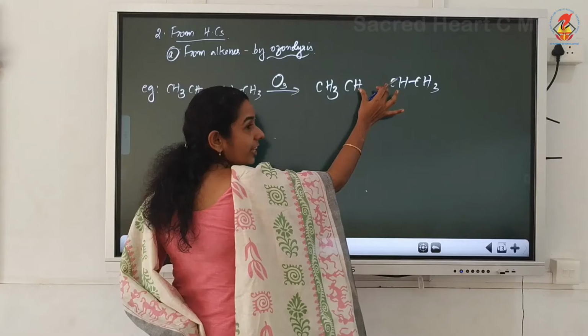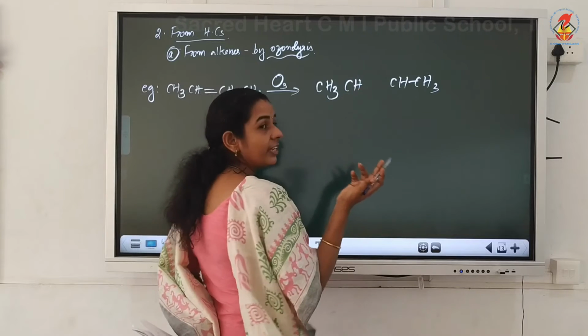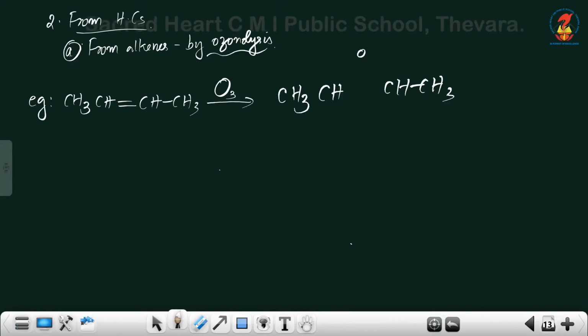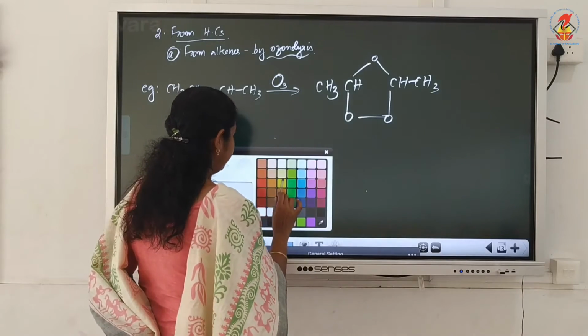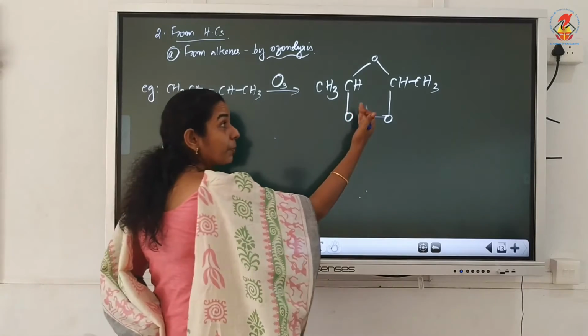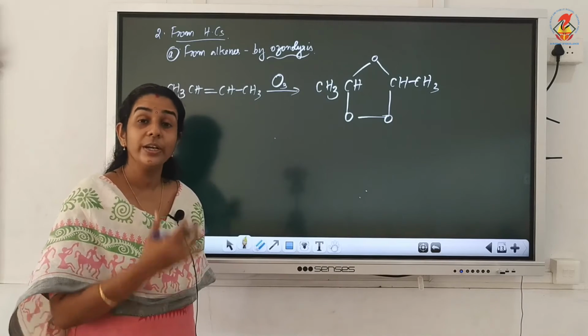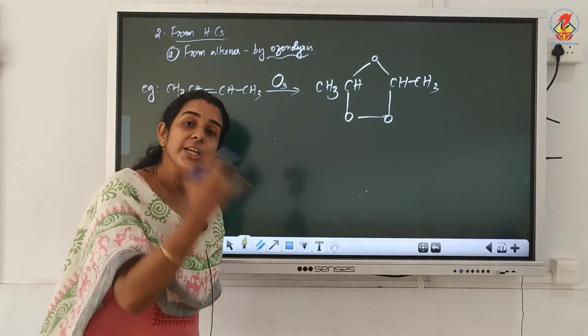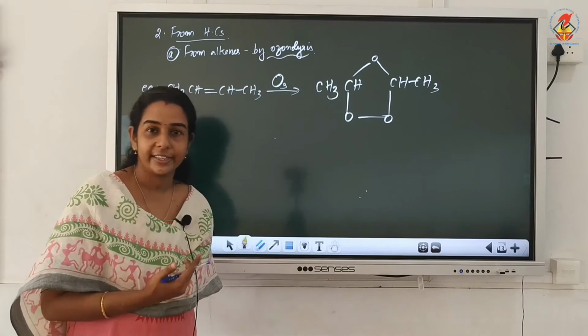To the double bond only we are adding ozone, and we are adding ozone in a Hutt model. Ozone, we know that there are 3 oxygen atoms. So we are adding ozone. See how we are adding? In a Hutt model. Okay. Now, this is the product we are getting after adding ozone. So we can call it an addition product. What is a single word for addition product? Adduct.